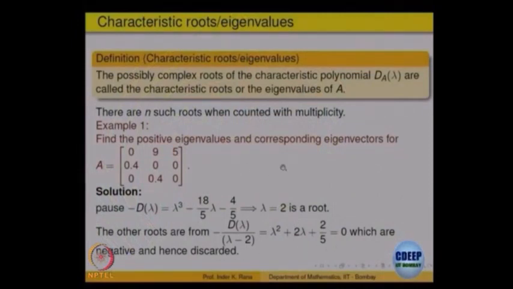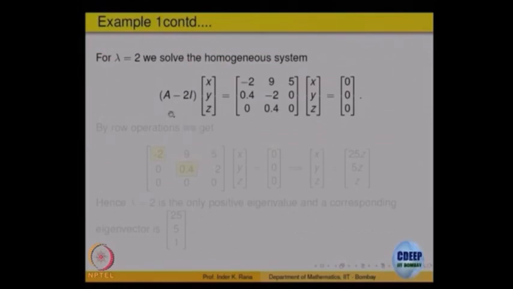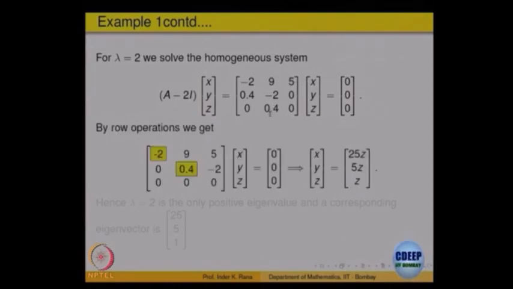So, let us look at only lambda equal to 2 and find its eigenvector. I am just giving a process for lambda equal to 2; you will do this for all eigenvalues. A minus 2I applied to a vector x is equal to 0. So, apply that and you get a homogeneous system. How do you solve it? Reduce it to the row echelon form. So, you get this.